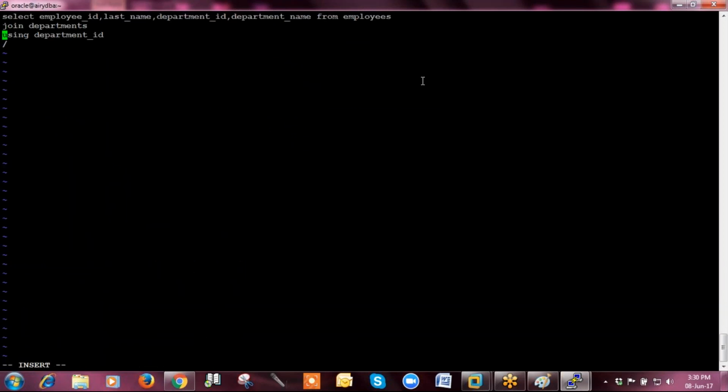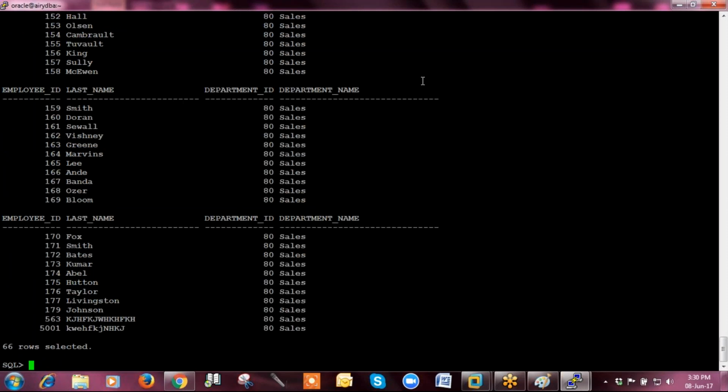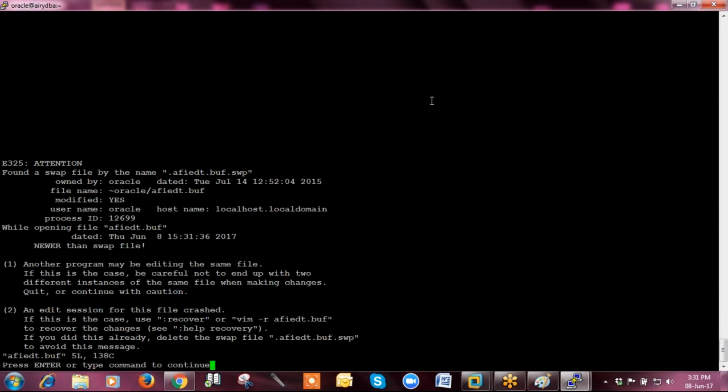You must include that column within brackets. Even if you write WHERE department_id is greater than 50, you can write a where clause as well, and only the department IDs greater than 50 are displayed.